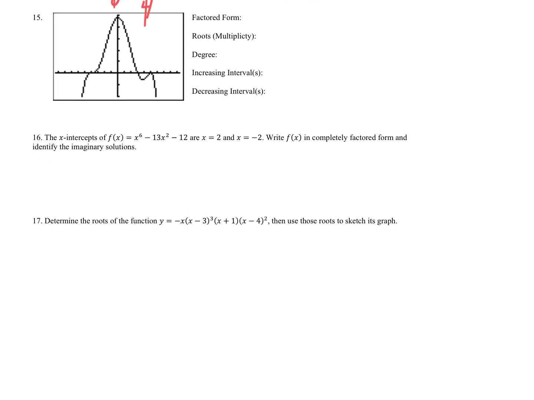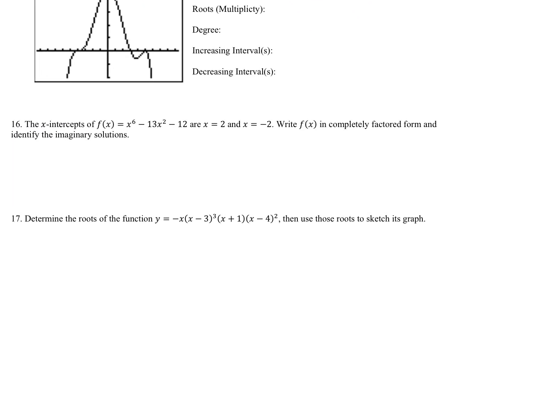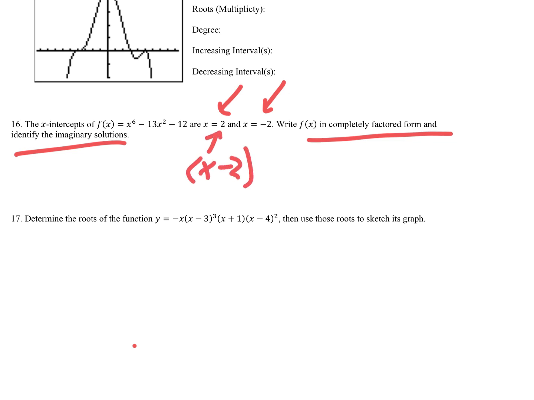Okay, we're almost done. Last topic on the whole chapter is, if they tell you a bunch of stuff about this, you have to be able to write an equation in completely factored form and then find the imaginary solutions. Oh my gosh. Well, it tells me that this and this are roots of it. That means I can factor them out. As soon as they tell me that those are roots, then that means there's a factor of x minus 2. You'd be able to do this with long division if you wanted to, or with